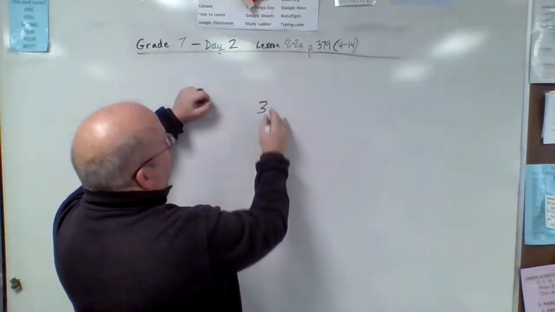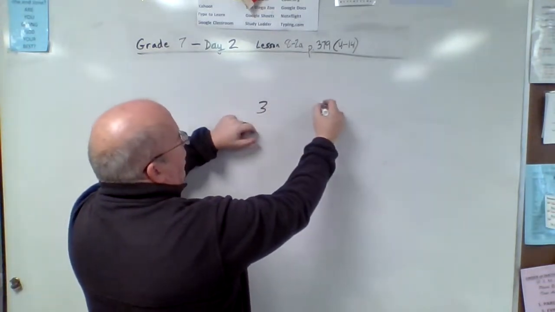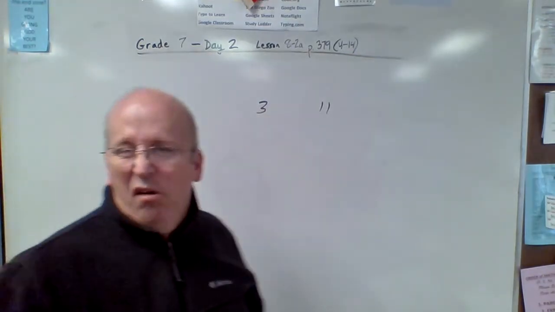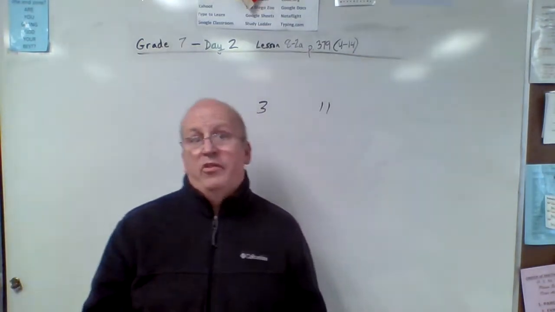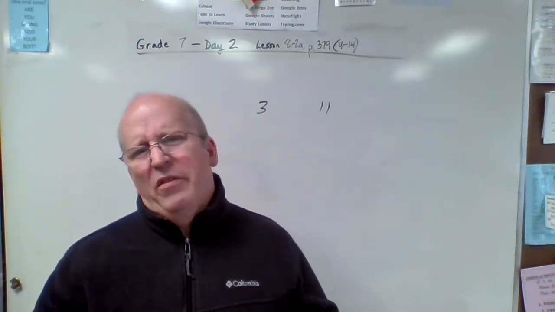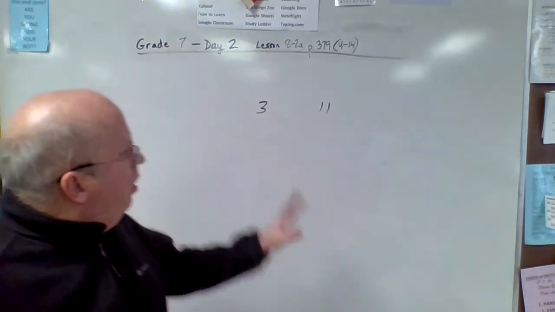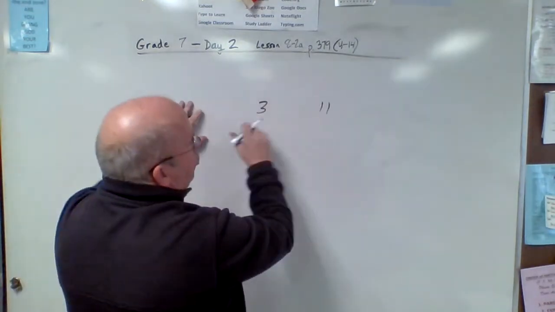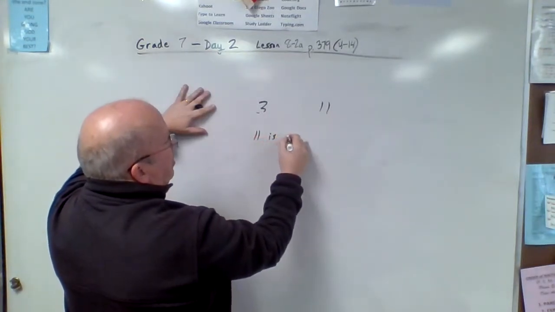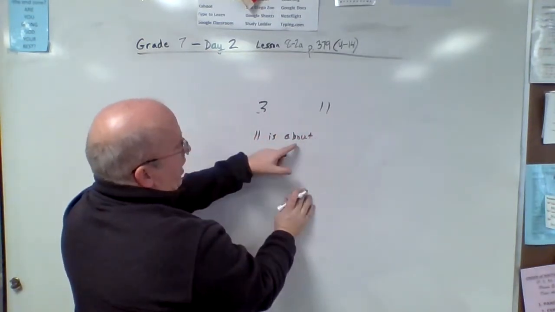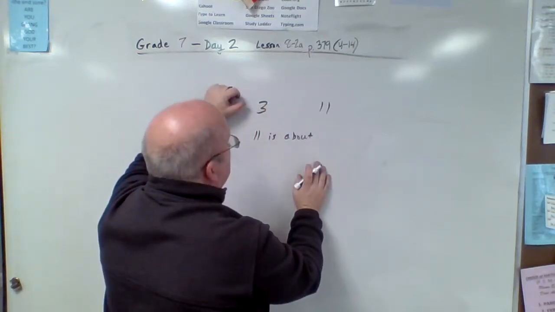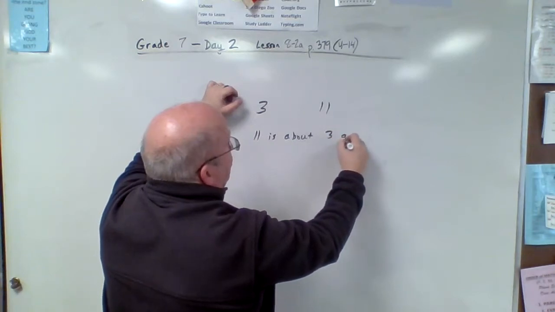If I say to you the number 3 and the number 11, and I say to you, how do they compare? You could say, well, 11's bigger than 3. You could say that 3 is smaller than 11, but that's not being very specific, is it? So here's a way in which you could compare these two numbers. Somebody could say 11 is about, not exactly, about 3 times greater